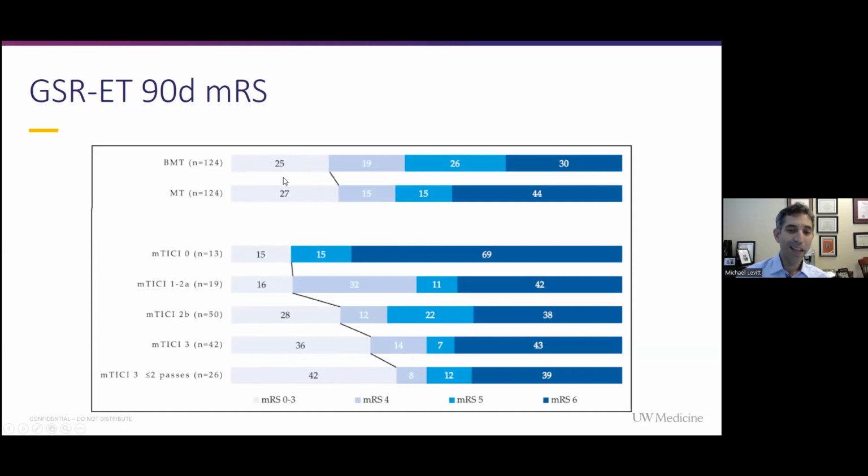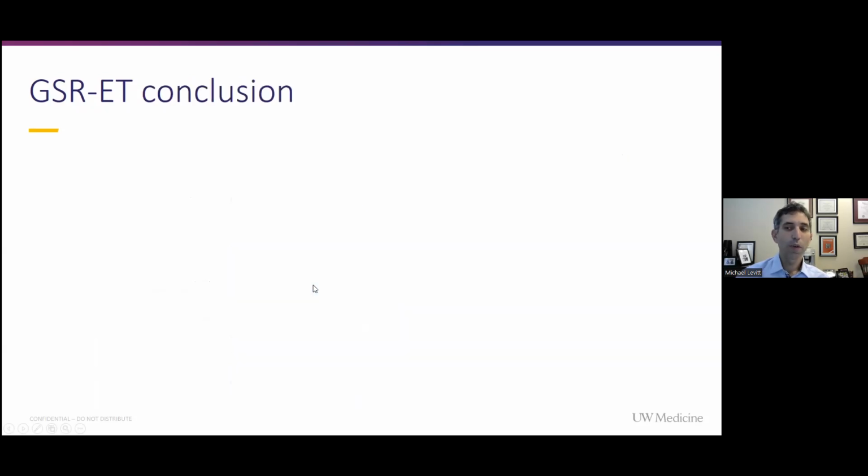So again, there is a possibility of causing harm in these patients. Small numbers, but important to note. You can hurt these patients with thrombectomy, especially if you don't get the vessel open. And so it's important to look at that as a treatment effect. So their conclusion, and again, it's not a randomized trial, but a reasonable number of patients with propensity score matching, was that there was no general benefit of thrombectomy for aspects of 0 to 5, and that you can see